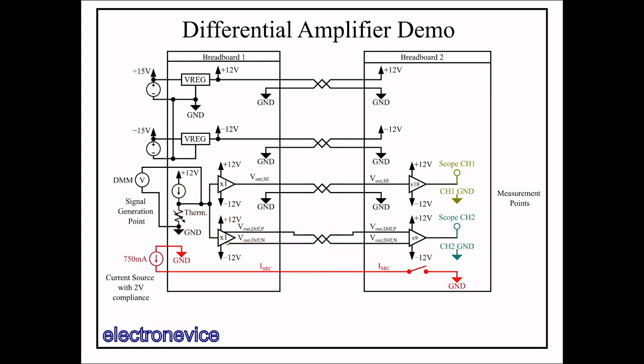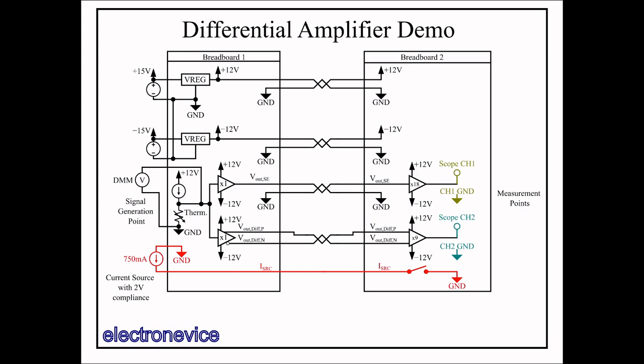Finally, we have at the bottom here a 750 milliamp current source that has a 2 volt compliance. I generate this signal using an external power supply which is isolated from earth ground, though again there's parasitic capacitance to earth that is immaterial as we are only operating in the DC regime. The current source is connected to a single wire from breadboard 1 to breadboard 2. I haven't used a twisted pair here, though we'll see in a moment that a twisted pair would not help protect the other circuits from DC interference by much. Once it's on breadboard 2, it's connected through a switch to breadboard 2's local ground.